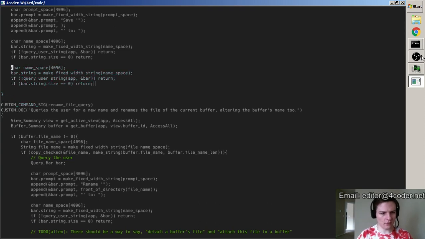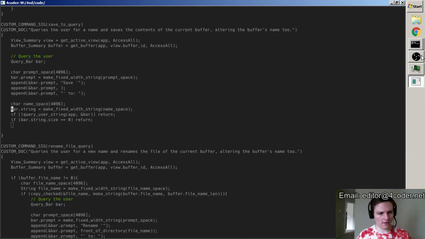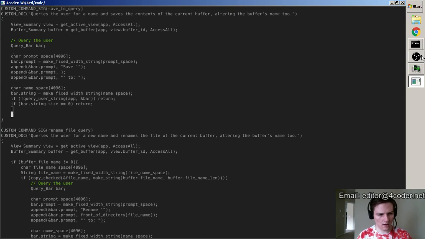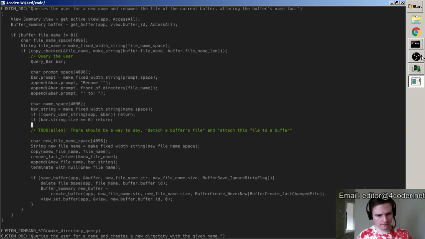Make space for a new file name. We set that as the bar's string, so here's the prompt, there's the string. If we get a good string back from the user and they didn't abort, then we will go ahead and